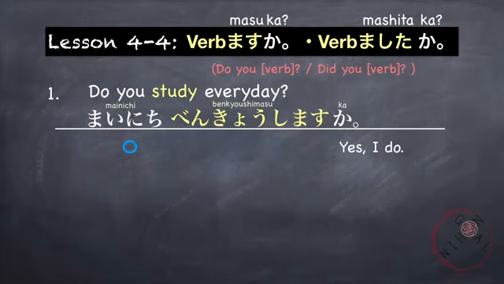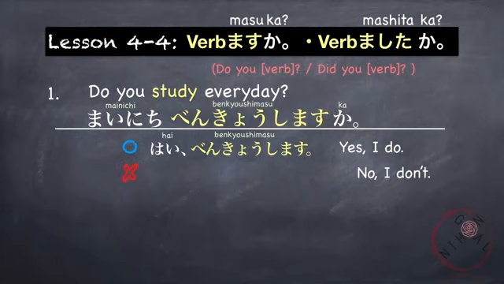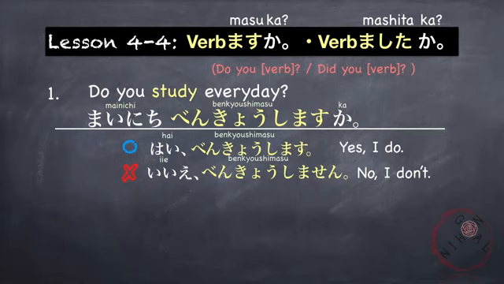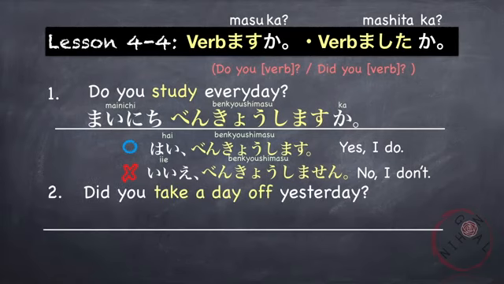But you have to repeat the verb. For example, yes, I do. はい、勉強します。If not, no, I don't. いいえ、勉強しません。